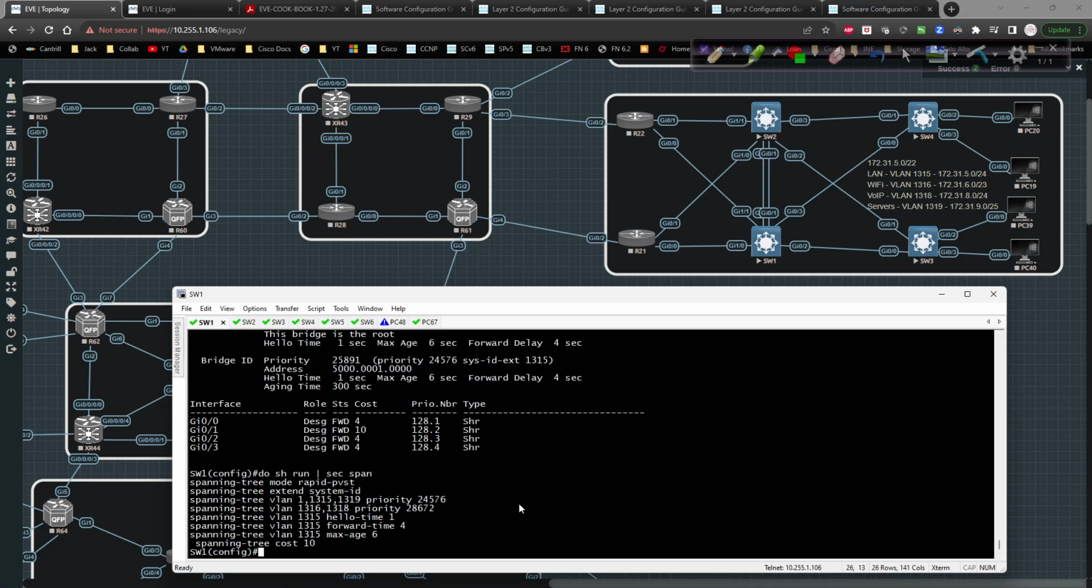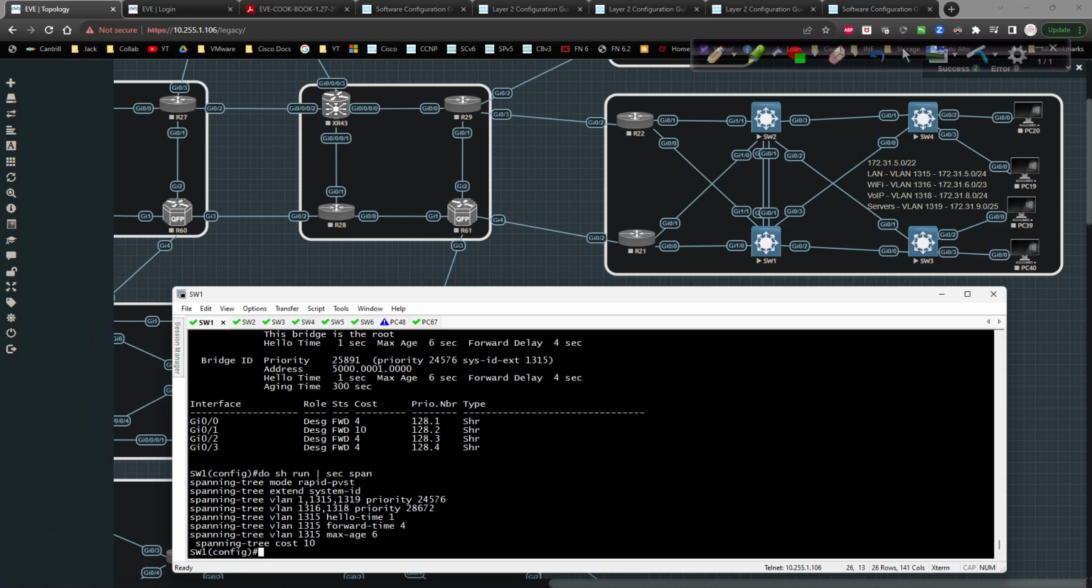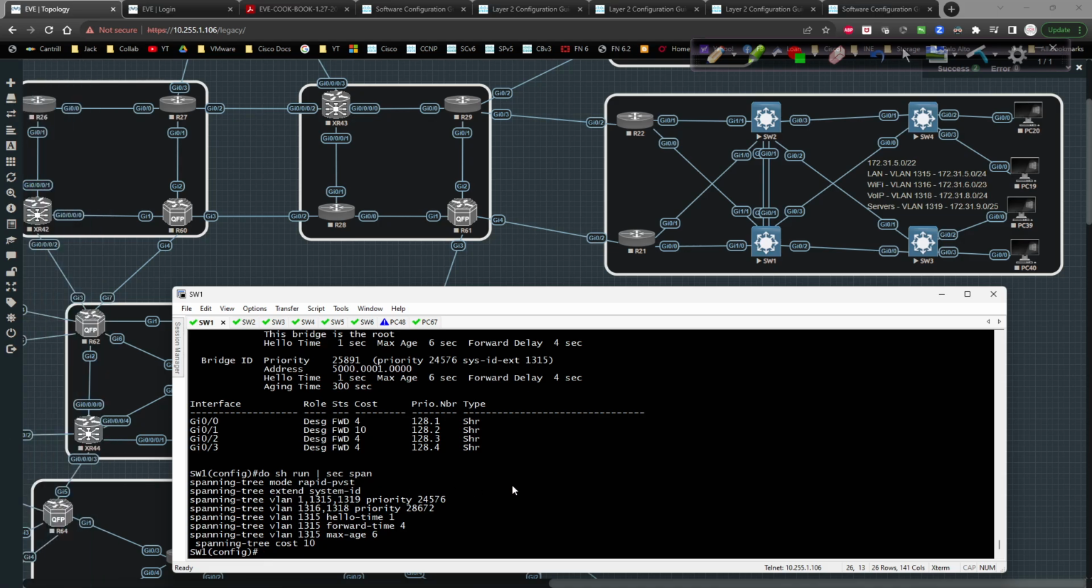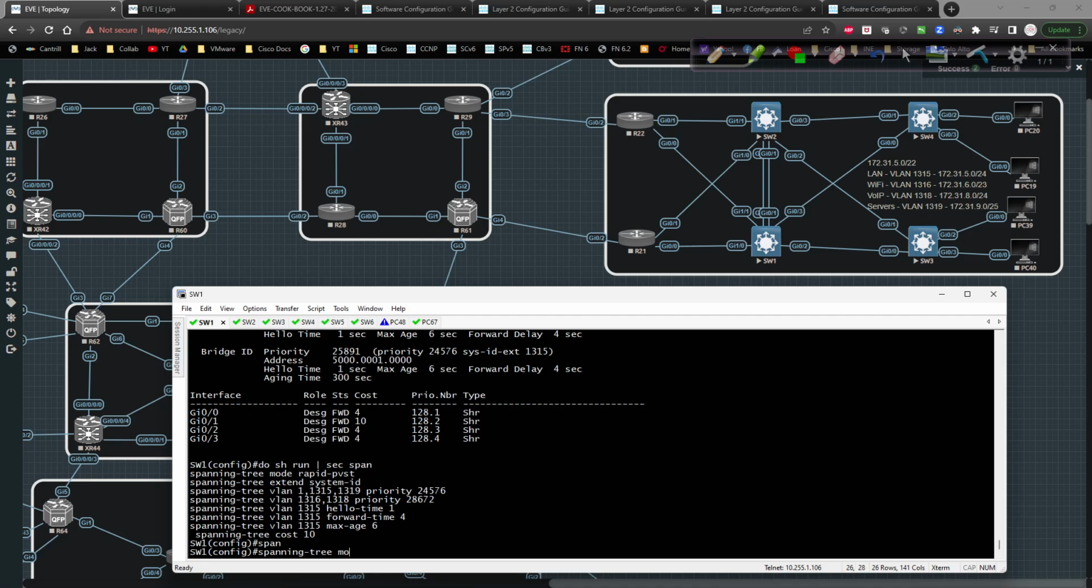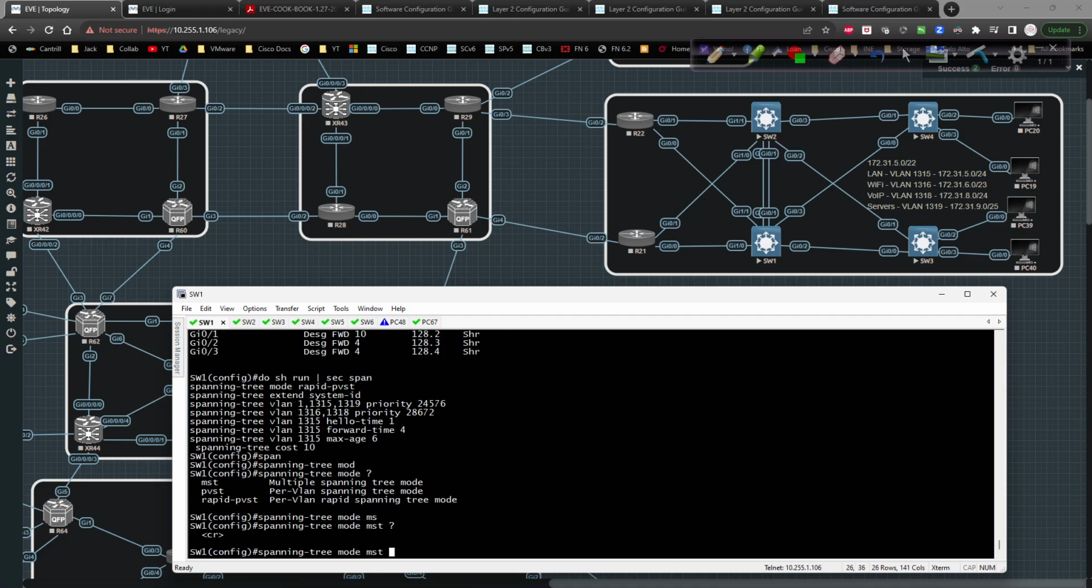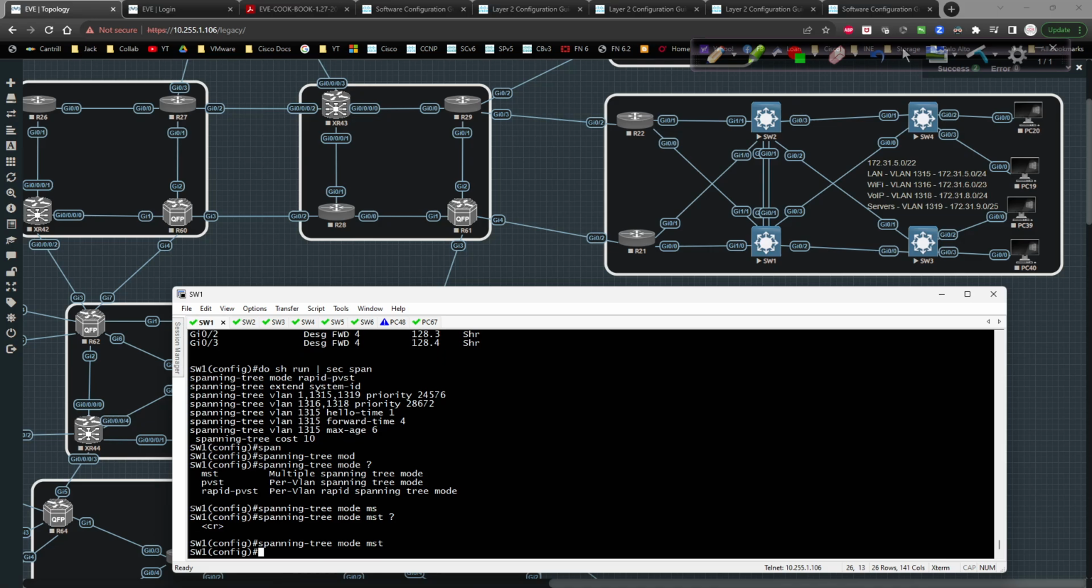Good deal there. All right, so now that we've taken a look at that value, so we've taken a look at rapid spanning tree, there's really not a whole lot else going on here. Let's take a look at multiple spanning tree. So on switch 1, I'm going to type in spanning-tree mode MST, and I hit the enter key. Now I'm going to do the same thing across the board,